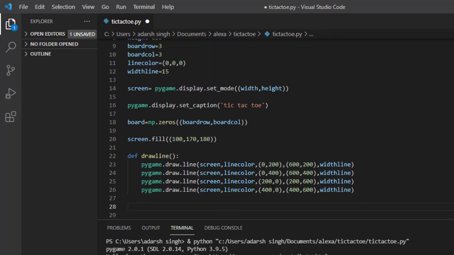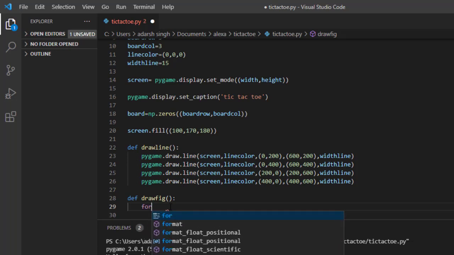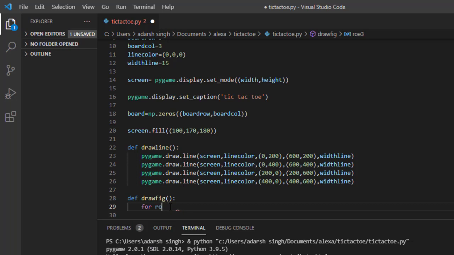And after that guys, I'm going to create another function with the name draw figure, fig with bracket, and after that I'm going to write the loop for row in range with brackets board row,